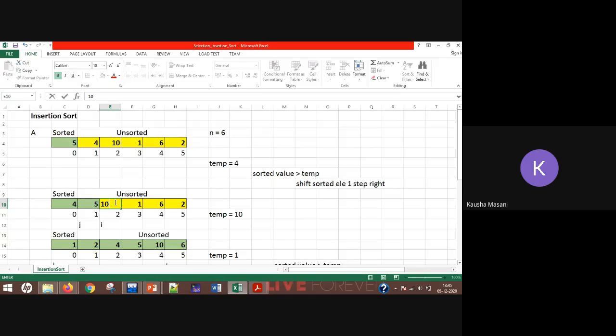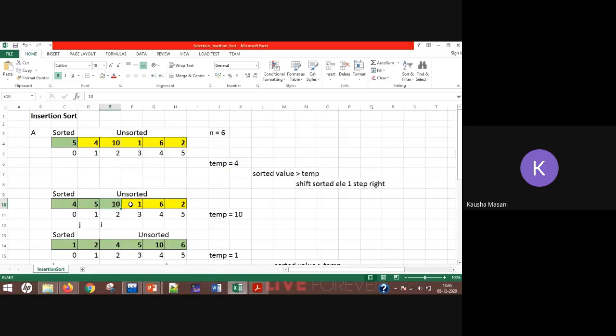So now what I'm going to do, if this case occurs, okay, कि जहाँ पे आपकी सारी sorted वैल्यू कम है, तो क्या करोगे, यहाँ पे आप 10 as it is रखोगे। Why doing that? Because all the values in the sorted list are already smaller than my temp variable, तो 10 already उसकी सही जगह पे है, ठीक है।